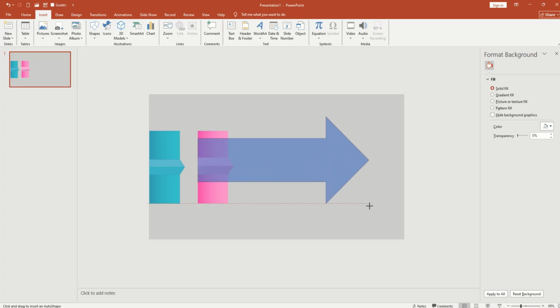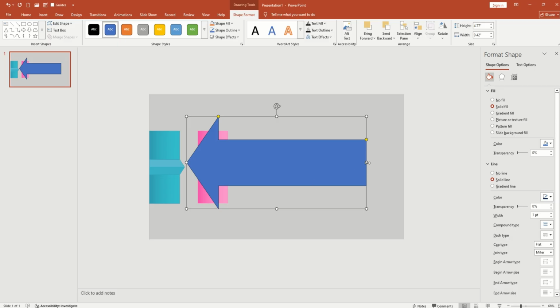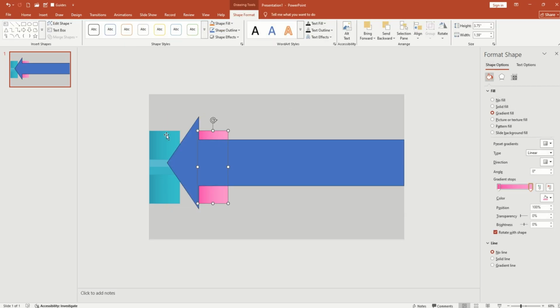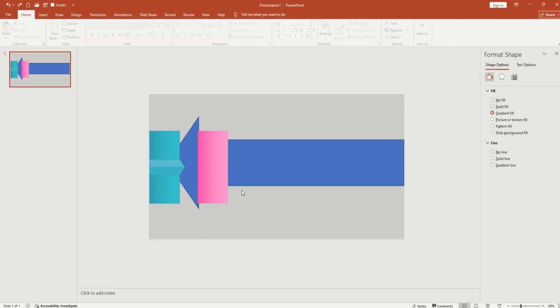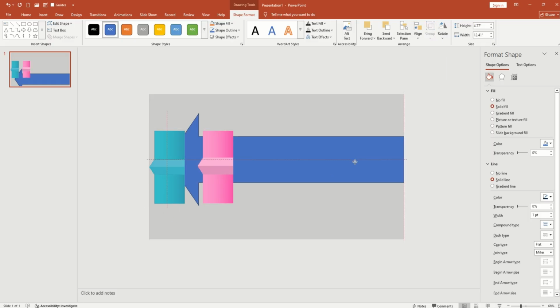And what you're going to do is insert a bigger arrow, rotate it to the left side, then we're going to put it right here and make it larger. Then what you're going to do is send the other shapes to the front and the arrow to the back. But make sure that you have already